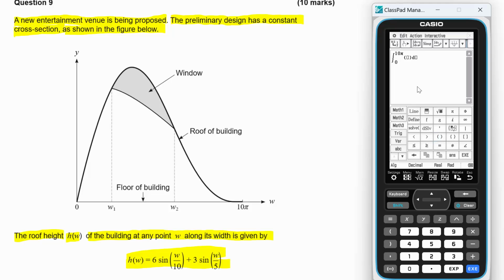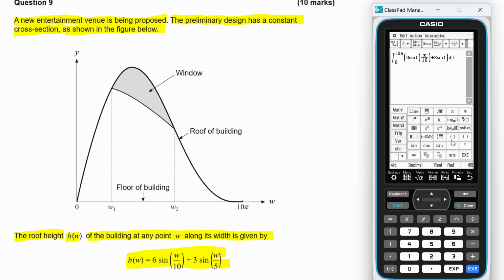So we've got a suitable bracket here. And we have 6 sine, and we'll go for W over 10 in there, so I'm just going to use X, and then just outside here we want plus 3